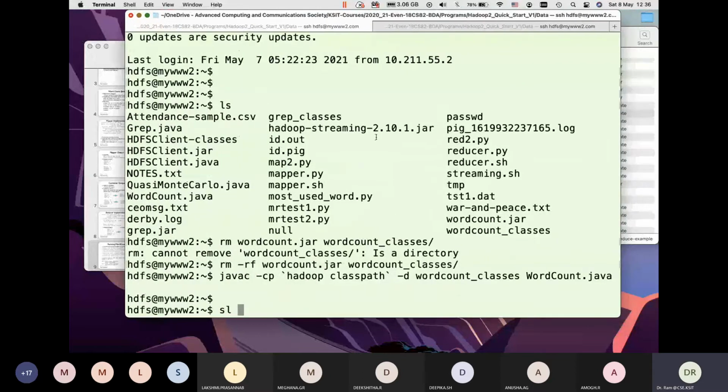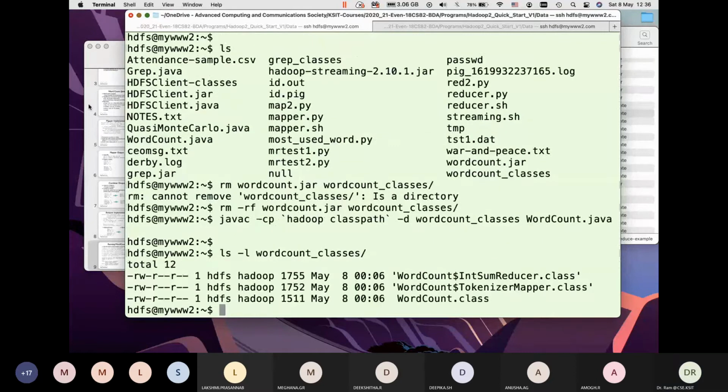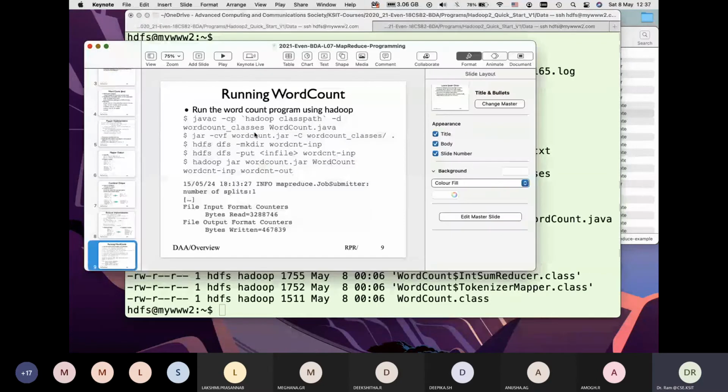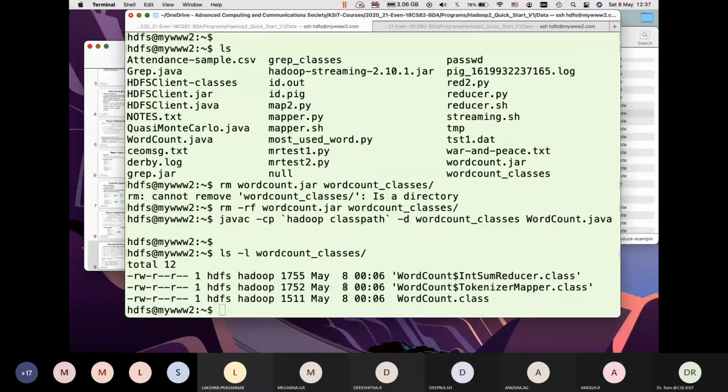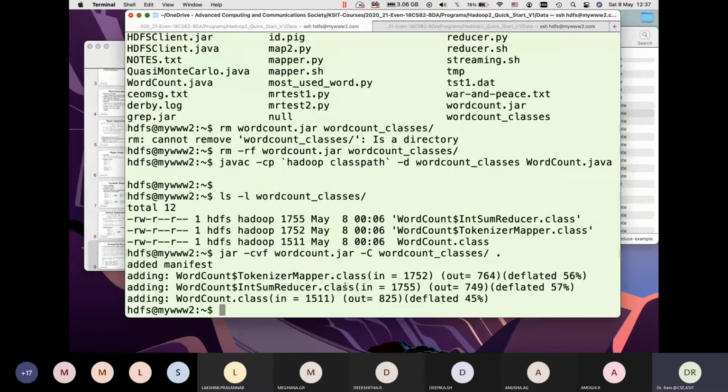So you can see classes are created locally. Now create a jar file. Jar is created. Now make sure that I have a directory available on the HDFS file system.